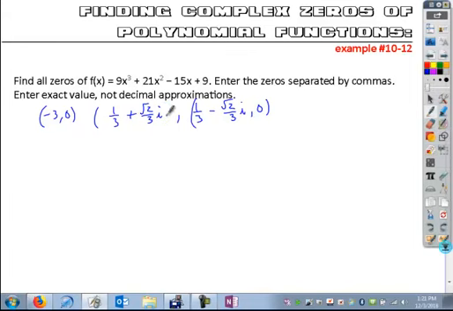These are ordered pairs. Okay? And so you can enter them in that. In this one, they just asked you for the zeros. Again, it will either be ordered pairs or just a list of the x coordinates. But here, you're going to list them as x coordinates. Okay. When you write the complex zeros,